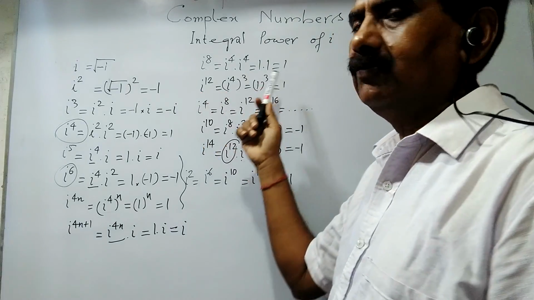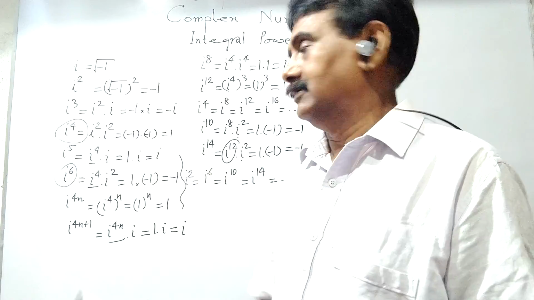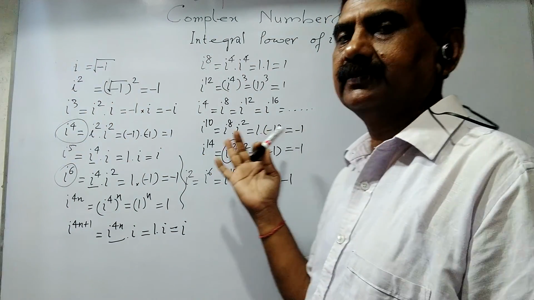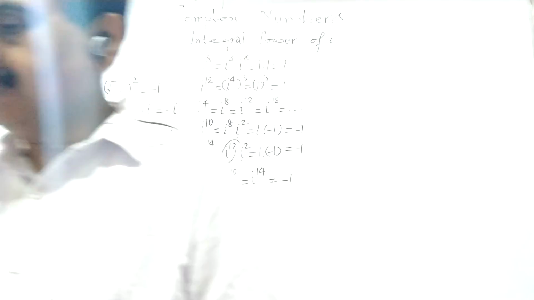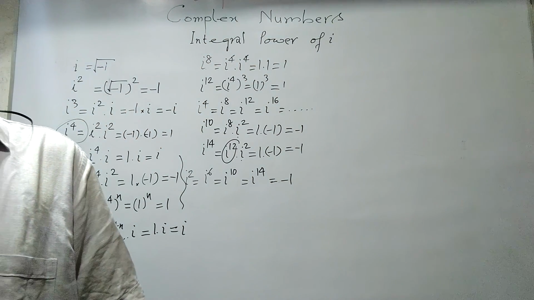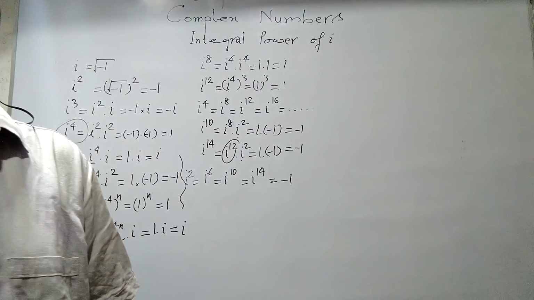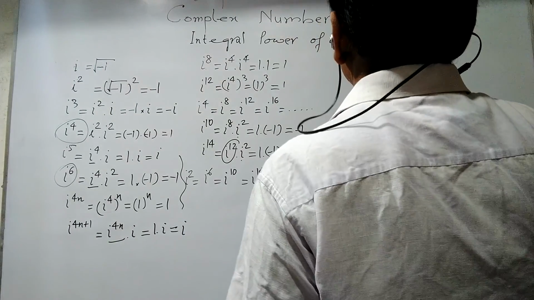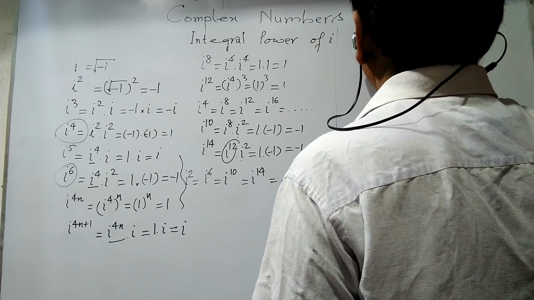We will just write i to the power 8 equal to 1. Suppose we get i10, then i10 equal to minus 1. We will use these things. Okay? Are you getting it? Then now we try to get the value of the square root of a minus quantity. Here we are going to talk about a square root.